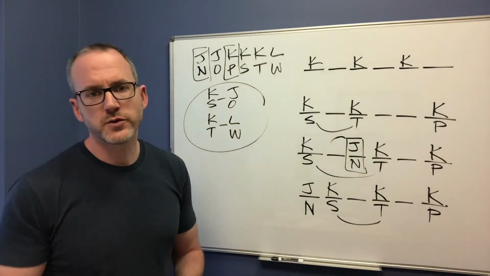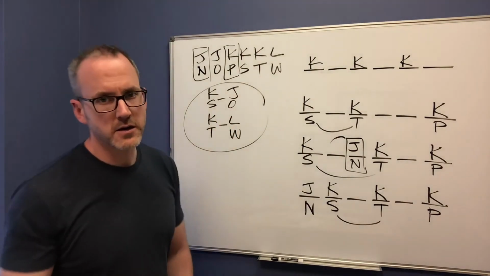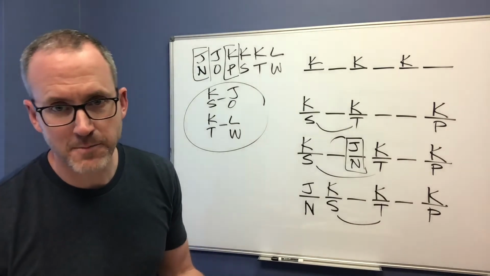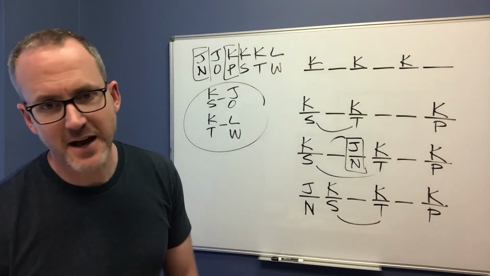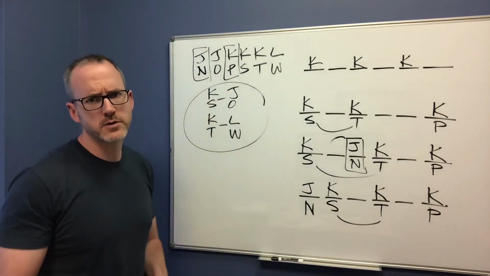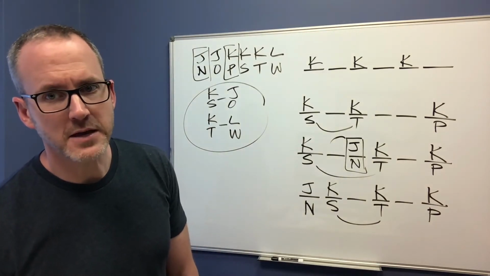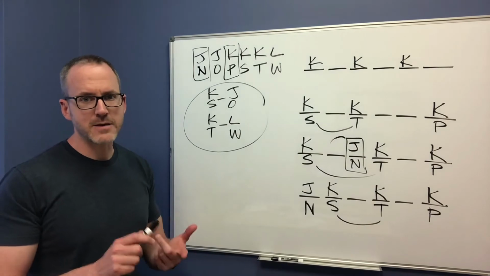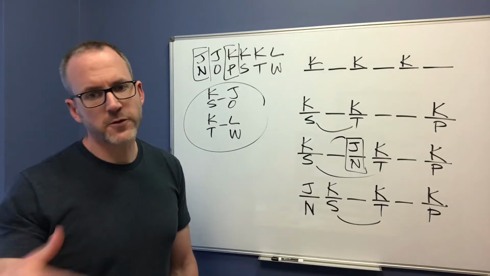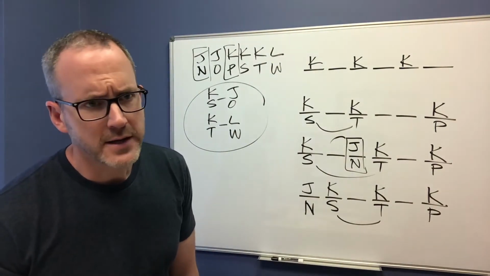Okay, the next rule says that S must be earlier than O. So that's just this rule right here. I'm just going to go through these lists and look for S before O. That's fine in B. That's fine in C. That's not fine in D. So D is out. Okay, last rule. T has to be before W. That is fine in C. That is not fine in B. So at this point, I've eliminated A, B, D, and E. The answer has to be C. Okay? So for that first rule, which is pretty common, it's just process of elimination. All right.